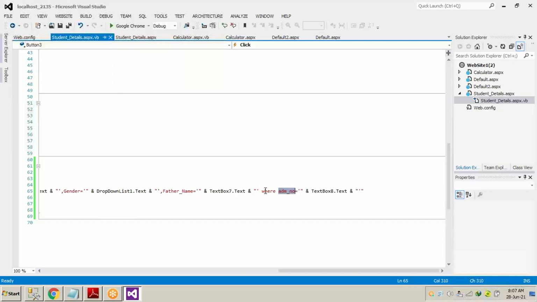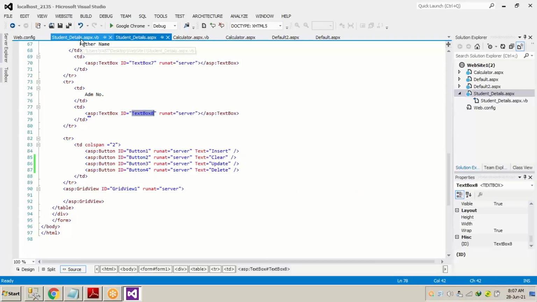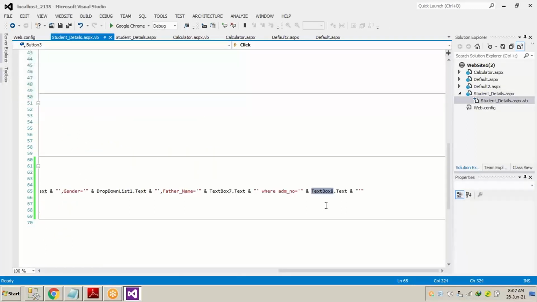So this is the SQL statement. Now we will move on to the delete statement. Delete statement will also be similar to the select statement, with a much easier SQL statement. We use button 4. We have to remember, for the delete, we will select button 4 and open the button 4 click event. We just have to copy and paste it over here, and instead of insert, we have to write delete